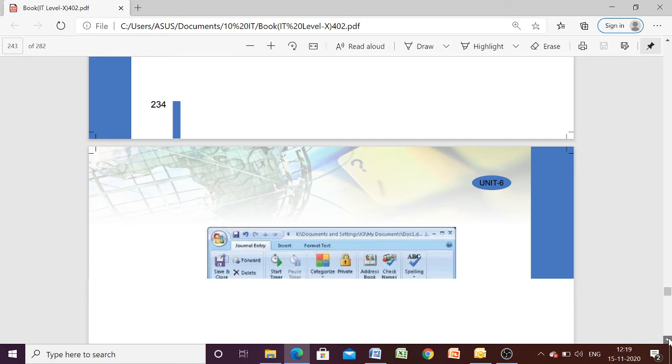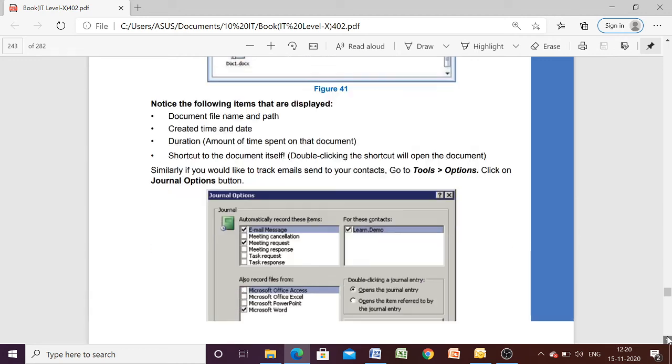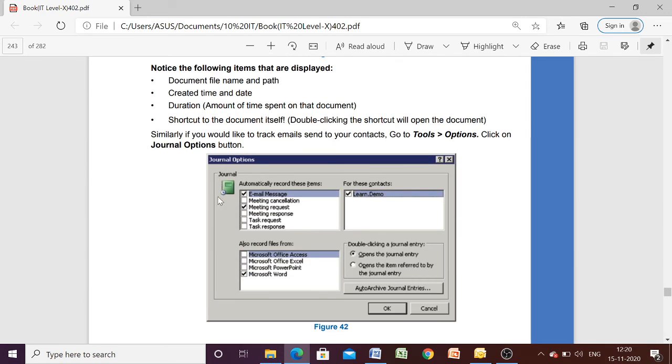It will show you the document, file name and path, at what time it was created, the date on which it was created, how many times it was opened, and the shortcut of that document if there is any shortcut. Okay, similarly you can keep track of email messages also.